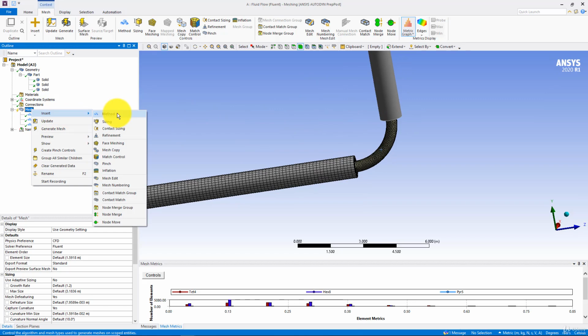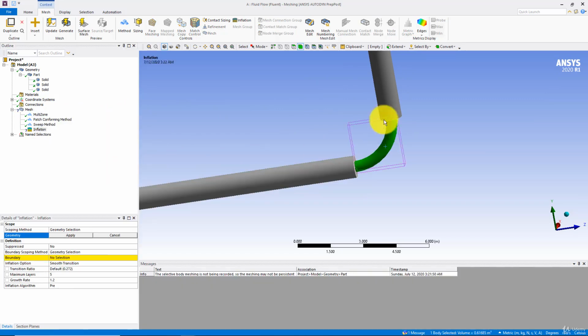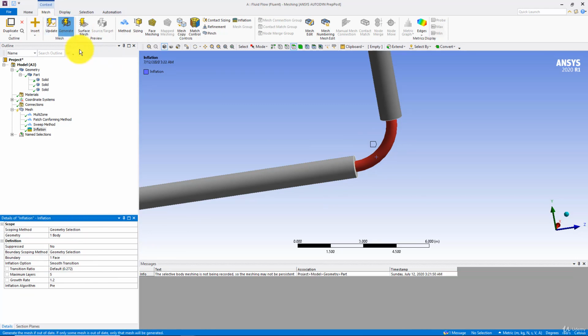And the second thing I want to put is the inflation. Inflation means that we can put the prism layers normal to the boundary of this geometry, and I would be putting these default options here in this face. And now I create the mesh,